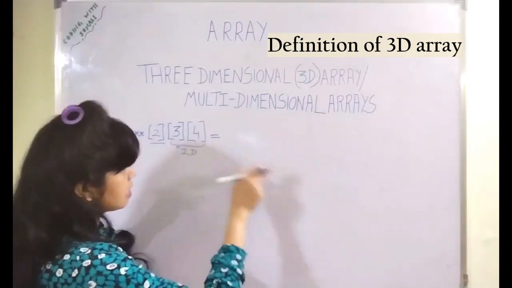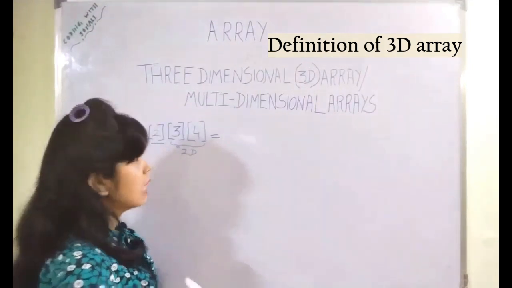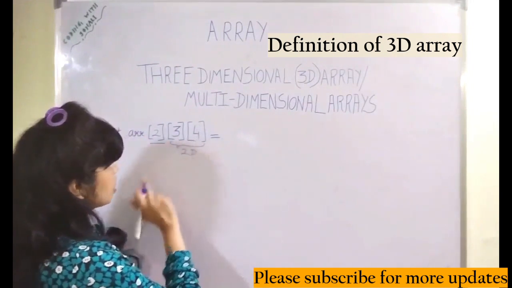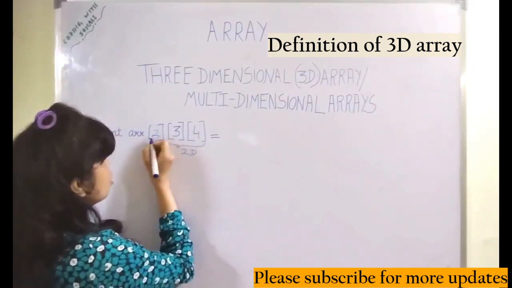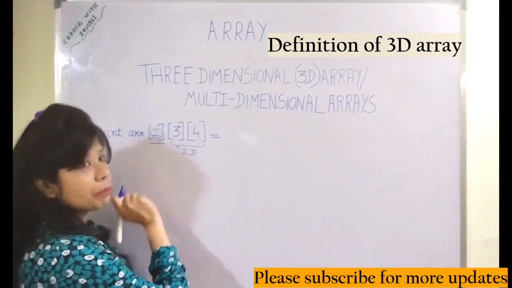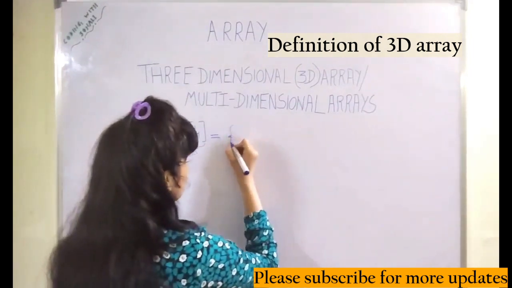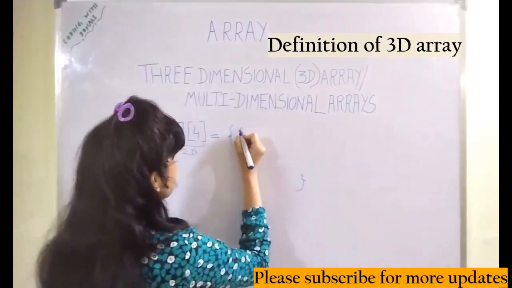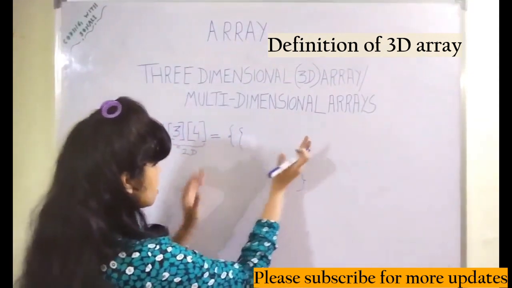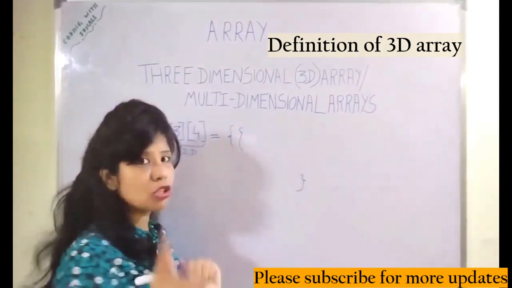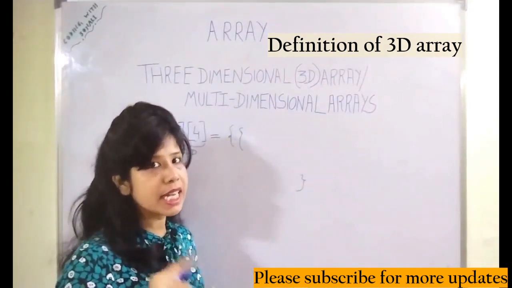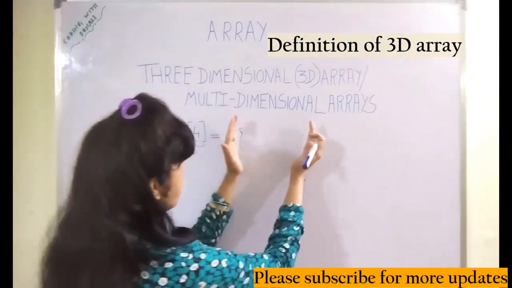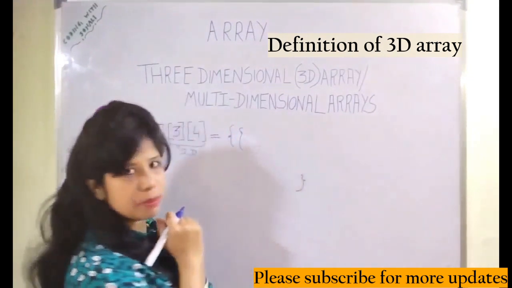This is your 2D array dimension, because in a 2D array we have 2 subscripts. So let us initialize, then you will understand better, and we will also see in matrix form how it is represented. First of all, if I initialize this 3D array, it is a collection of 2 elements. This will give you the number of elements. So here first of all, the 2 elements will be there, 1 element and 2 element. Also remember that in the case of an array, the indexing starts from 0 to n minus 1. Now we have 2 elements, so 1 element I will place here, and the second element I will place here.